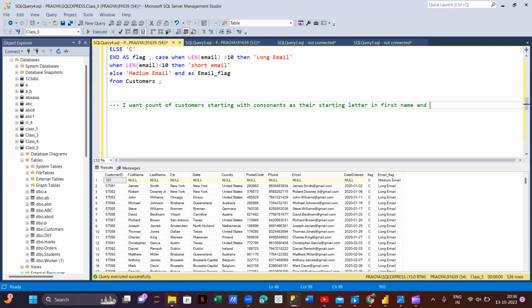and customers starting their first name with vowels. If I want something like this,